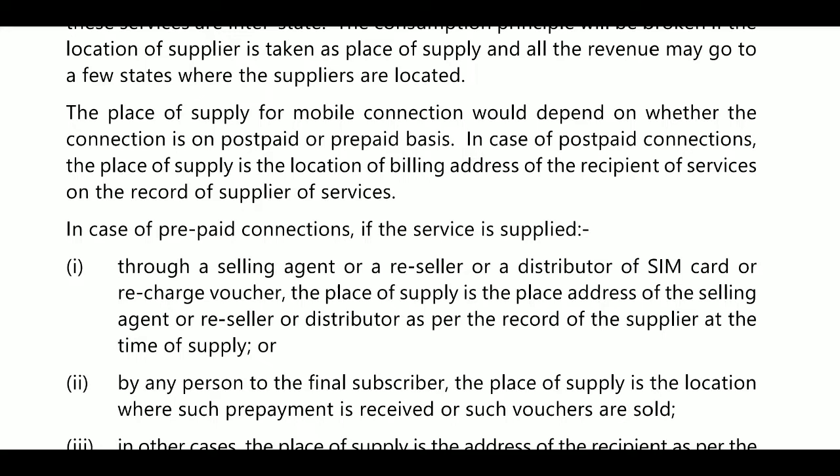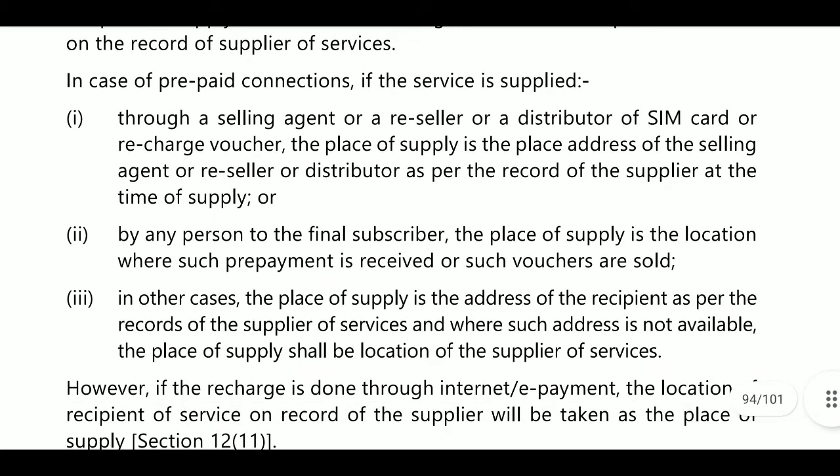In case of a postpaid connection, the place of supply is the location of the billing address of the recipient of services on the records of the supplier. So if it is postpaid, then we will see the billing address of the recipient on the records of the supplier and take that for place of supply. Next, if it is a prepaid service,